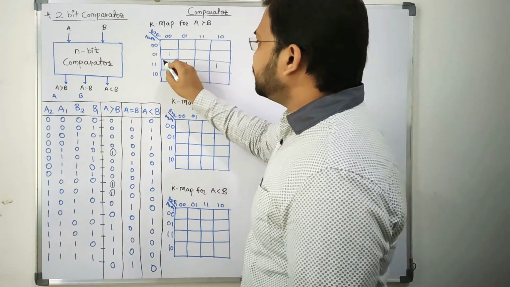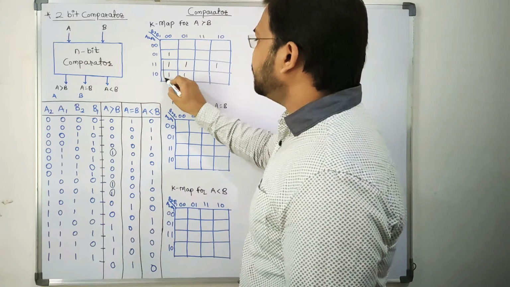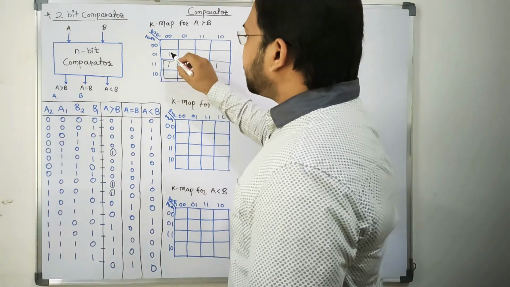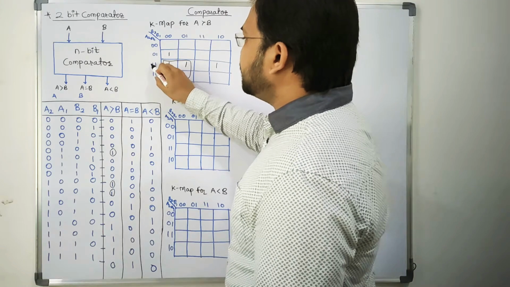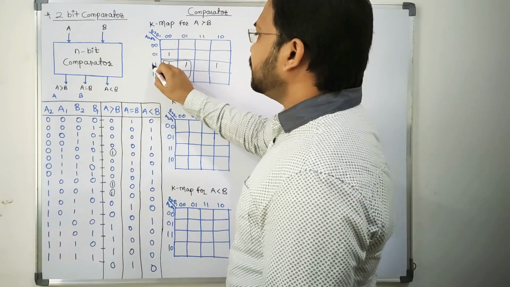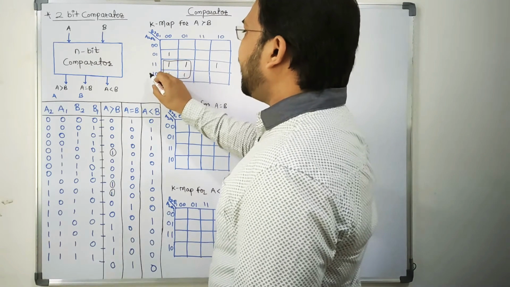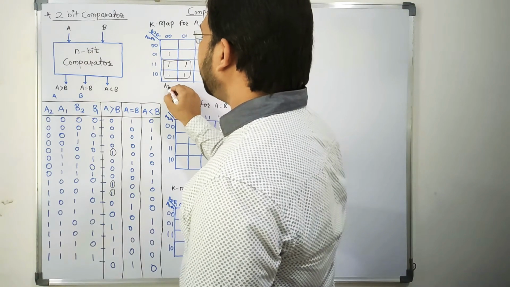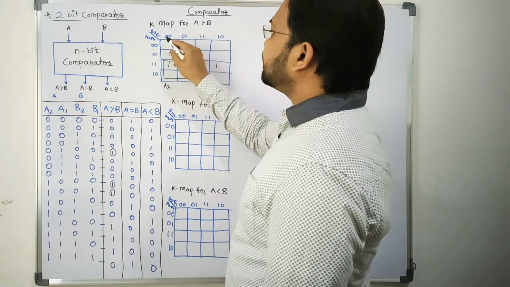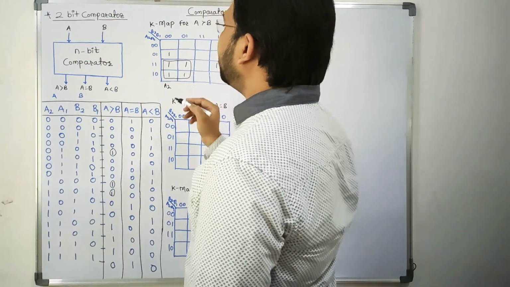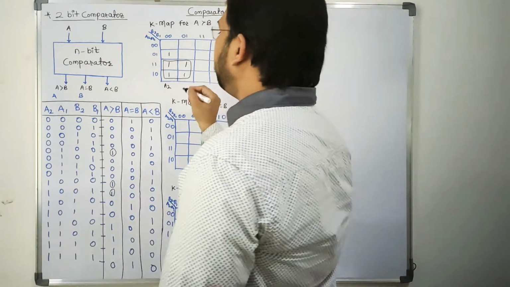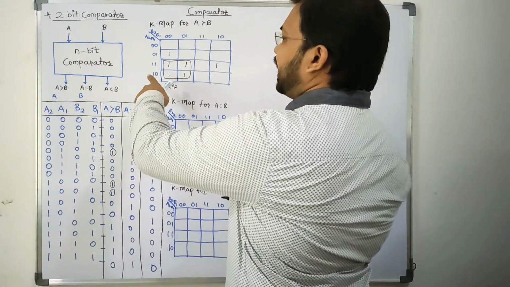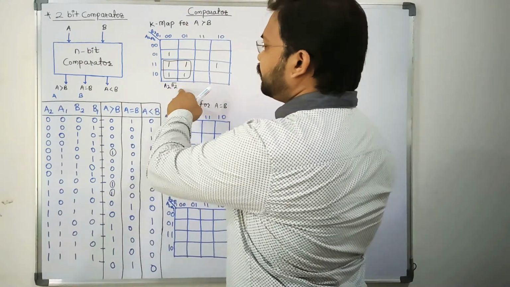As a majority-wise, we have to find out the first quadrant. So grouping for this quadrant, here the number of ones is 1 1 and 1 0. So majority here is 1, so in this case it's 1. The term we are having is A2, and for this here 0 0, 0 1, so the term is B2 bar. So A2 B2 bar is the term we have for this.